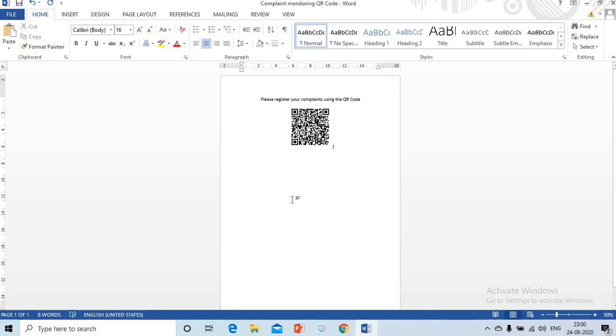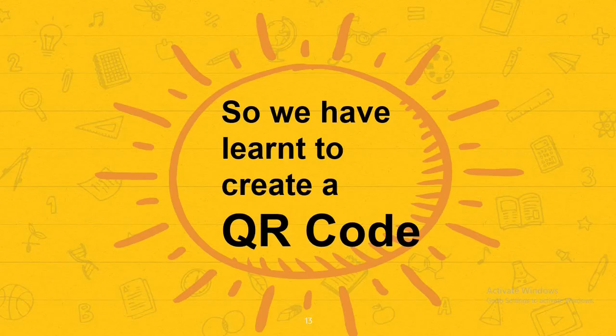It's easy. The only thing is they need QR code reading software. Nowadays in most phones it is there by default, in the tools option. Otherwise we need to download a QR code reader application from the Play Store or iOS Store, and that can be used. It is this simple.